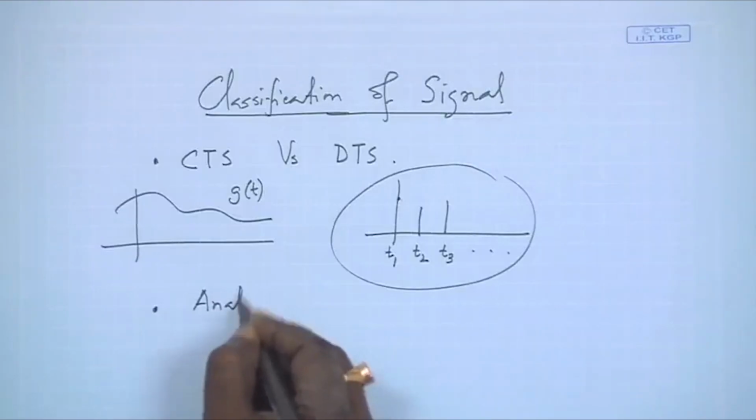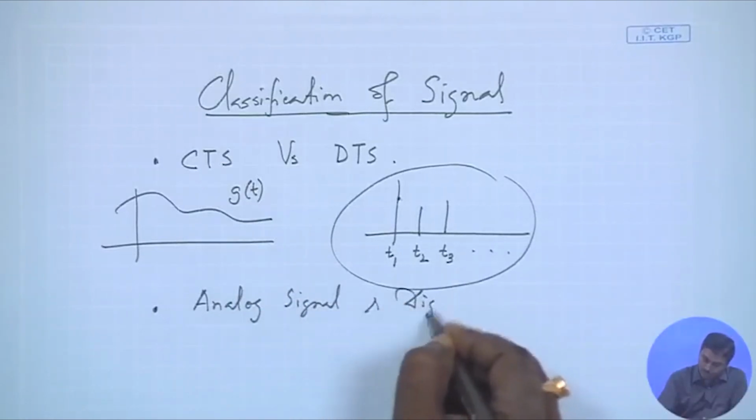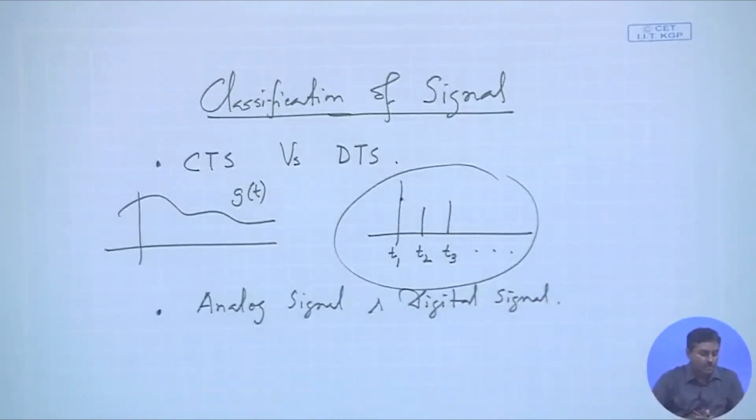now we had this independent variable time, we also have this dependent variable which might be voltage for our case. So the signal can also be classified with respect to that. The voltage can be discrete levels or it can take any value. Accordingly, we will be talking about analog signal and digital signal. Analog signal is very important for our analog communication, where mostly we will be dealing with analog